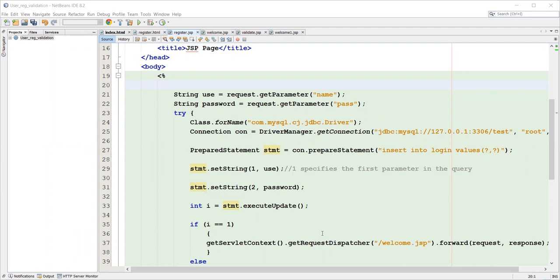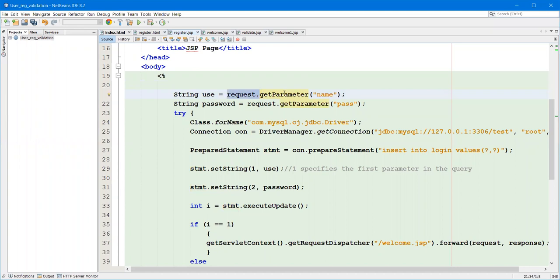How we are going to get those values into our code is by using the request.getParameter method. The getParameter method is used to retrieve the form details into our JSP program. So here we use request.getParameter(name). Inside this parameter we are going to use the form name.